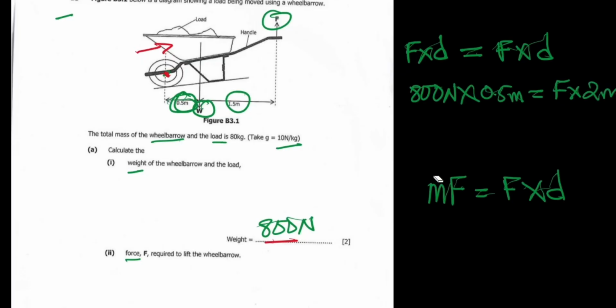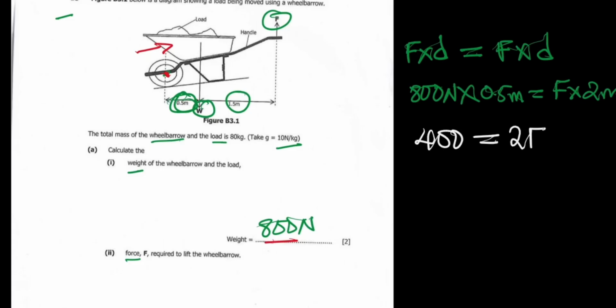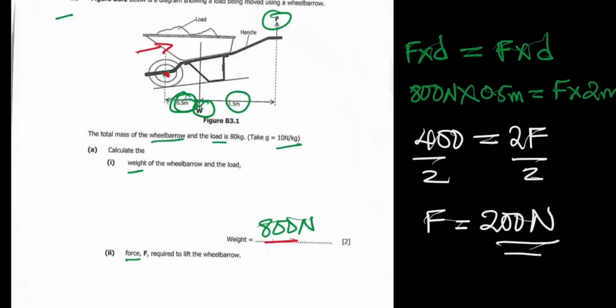So we can go ahead and solve for F. Here, 800 times 0.5 is essentially 800 over 2, which is going to give us 400. And here we're going to have 2F. So dividing by 2 on both sides, the value of F here is going to be 200 newtons. So this is our force. This is the force that we have here. So that is our answer. So force is going to be